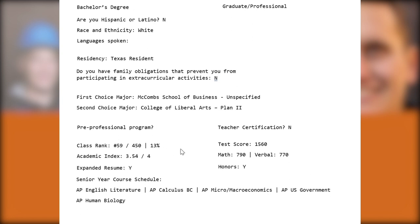They rank in the top 13% of their high school, and they've actually scored extremely well on the SAT with a 1560, leading to a very solid academic index of a 3.54. They've also taken a range of AP courses that are both STEM and humanities, and so academically the student is